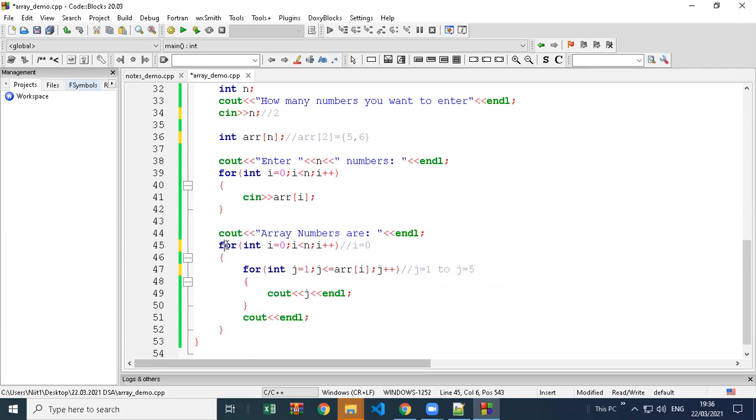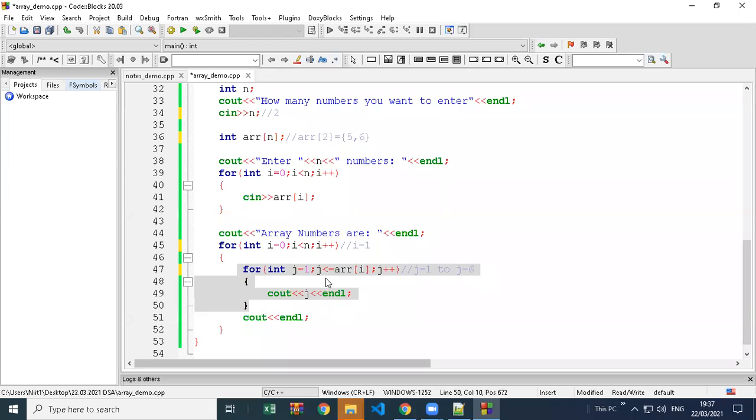And after that, next I value is 1. So again, J variable will start from 1. And this time it will go till ARR of I, where I value is 1. So what is ARR of 1? ARR of 1 is this, 6. So this time it will print from 1 to 6.